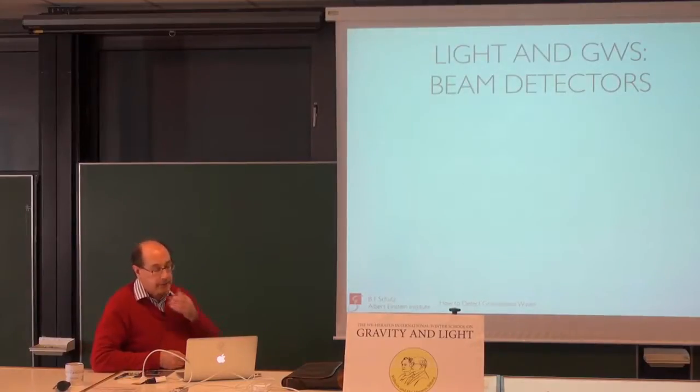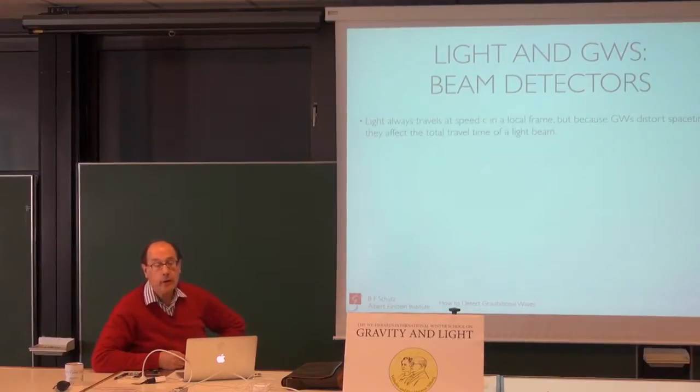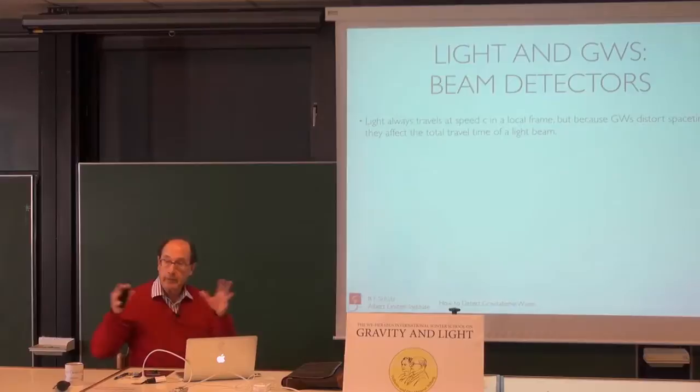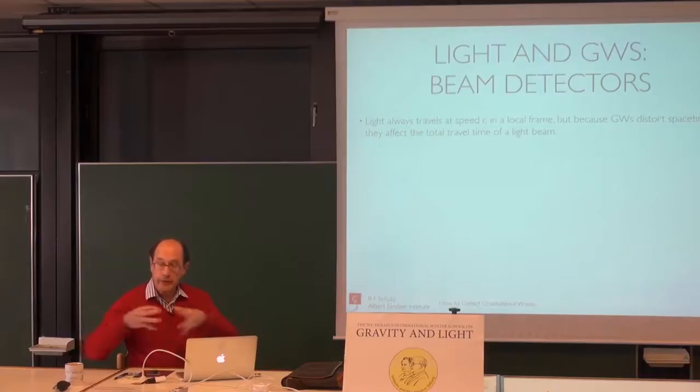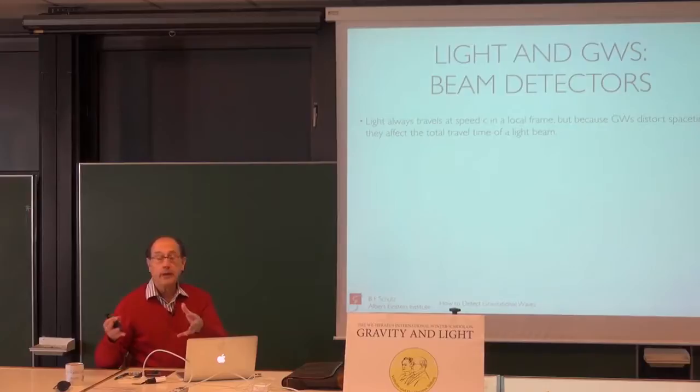So those were the bar detectors, but most effective detectors of gravitational waves now are beam detectors. They use light, the interaction of light and gravitational waves. And we call them beam detectors, a beam of light with a gravitational wave field. And so I want to talk about this in general, what the interaction between light and gravitational waves is. Now, in a local inertial frame, if I'm in a frame where I can put down a Minkowski metric and I'm freely falling, and I treat the gravitational wave as a small perturbation on that Minkowski metric,